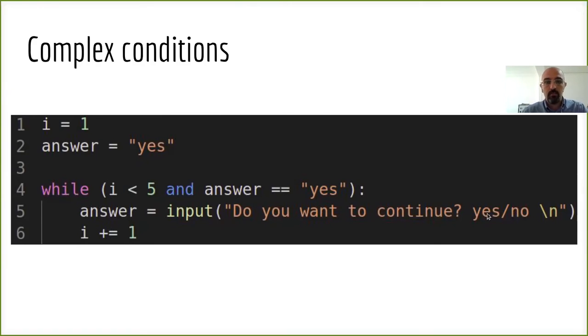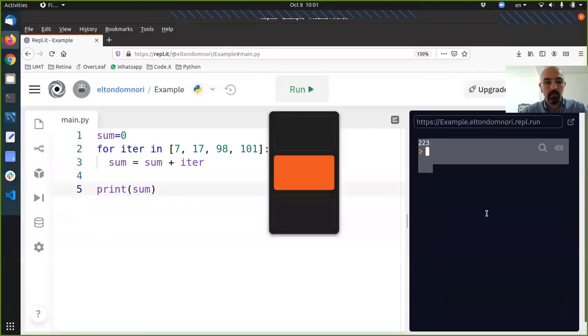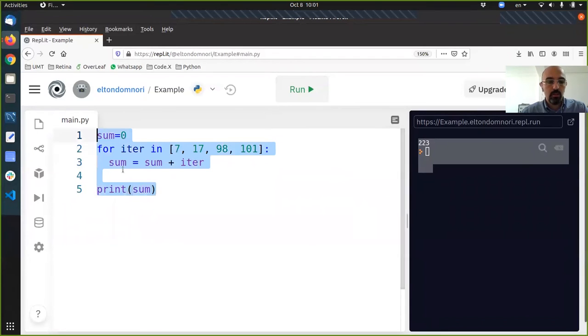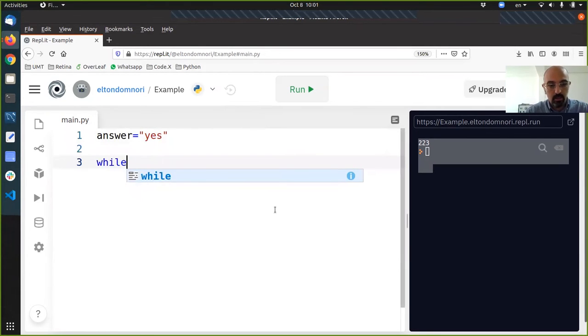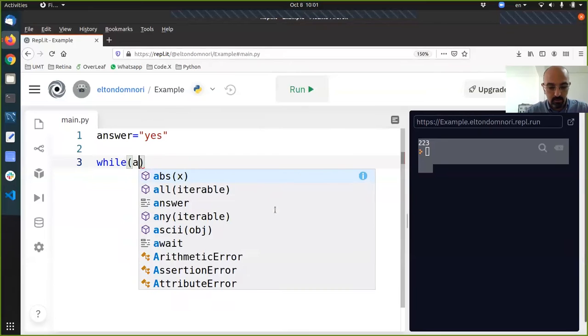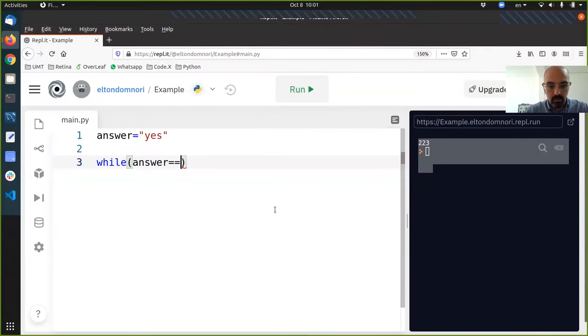Let's write the same example of calculating the sum of a set of numbers using the while condition. Using the while condition means that we don't know a priori how many elements and which are these elements. Suppose that I'm asking the user to provide such information time by time. So answer equals yes, because the first time. And while answer equals yes,